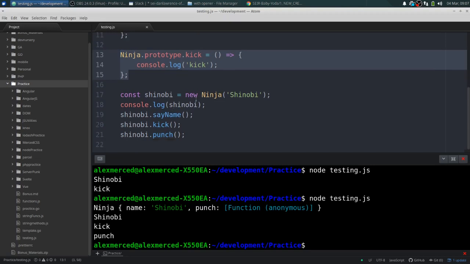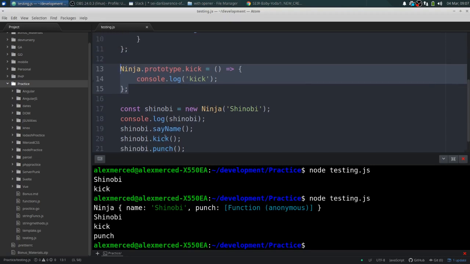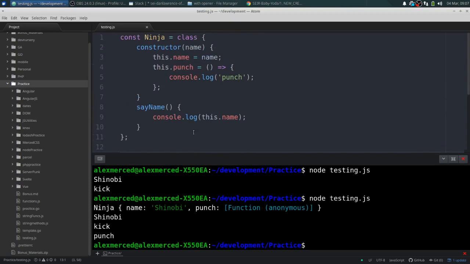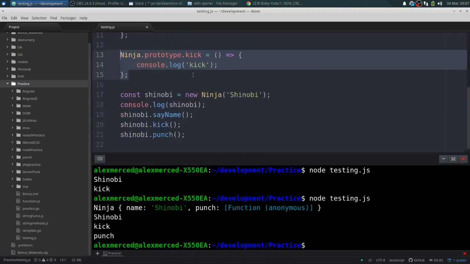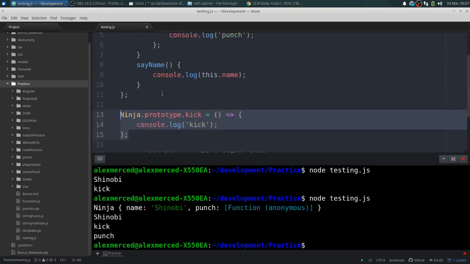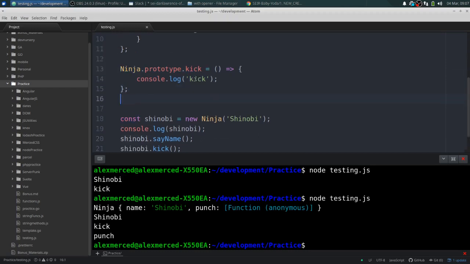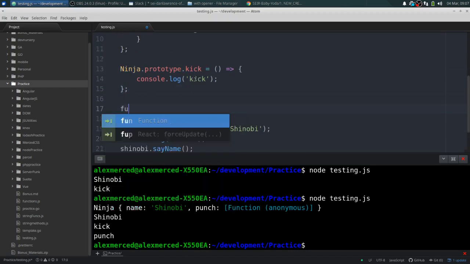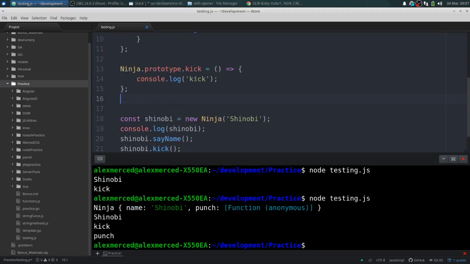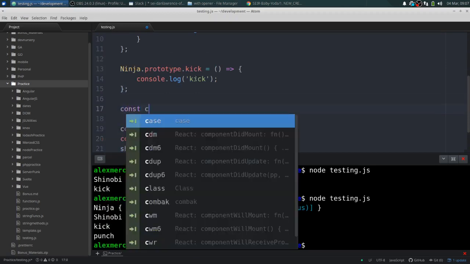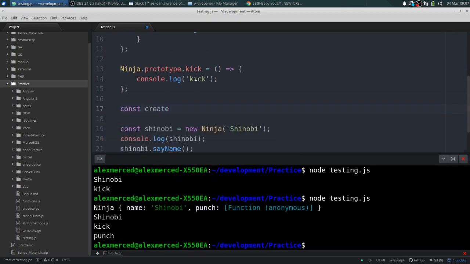So let's see here. Where am I? Shinobi, that's the name. Shinobi.kick. So again, you can do that prototype thing. Now, another situation where you would end up making several copies is if you were to use factory functions, depending on how you do them. So if I were to create a function, let's call it const createNinja, and that equals